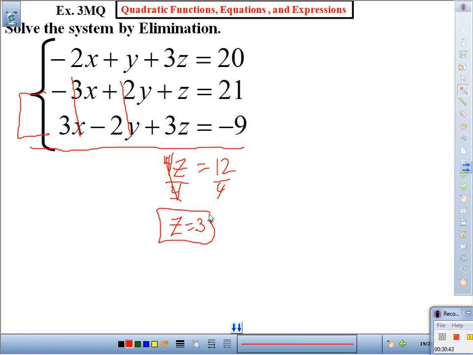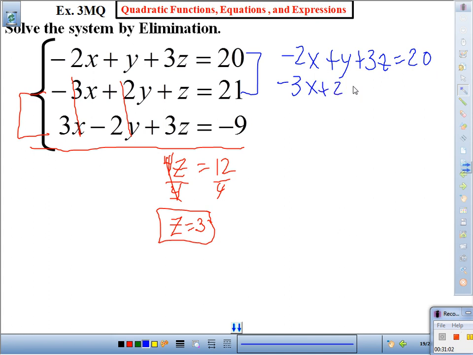Now, next step, I'm going to take the first two. What did I do first? The second two. Now I'm going to take the first two. I'm going to rewrite these. Negative 2x plus y plus 3z equals 20. And negative 3x plus 2y plus z equals 21. You're saying, Mr. Q, none of those variables cancel or eliminate. However,